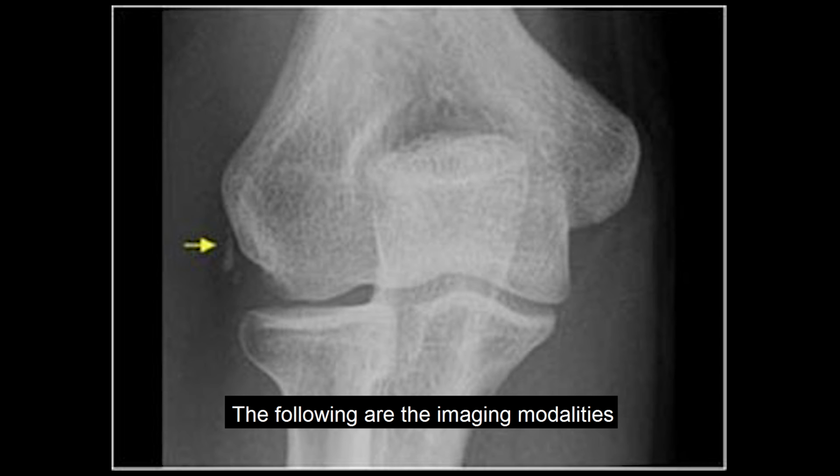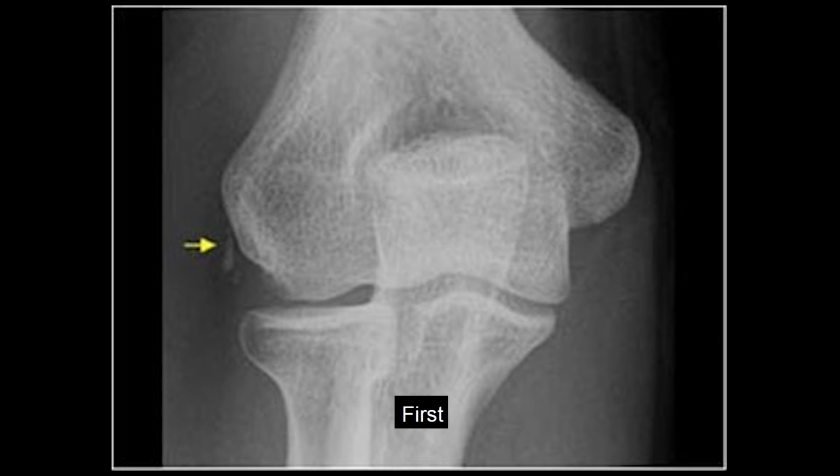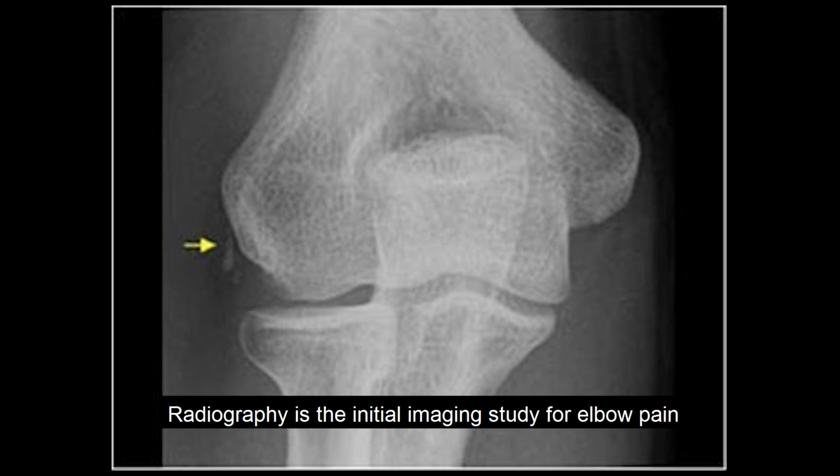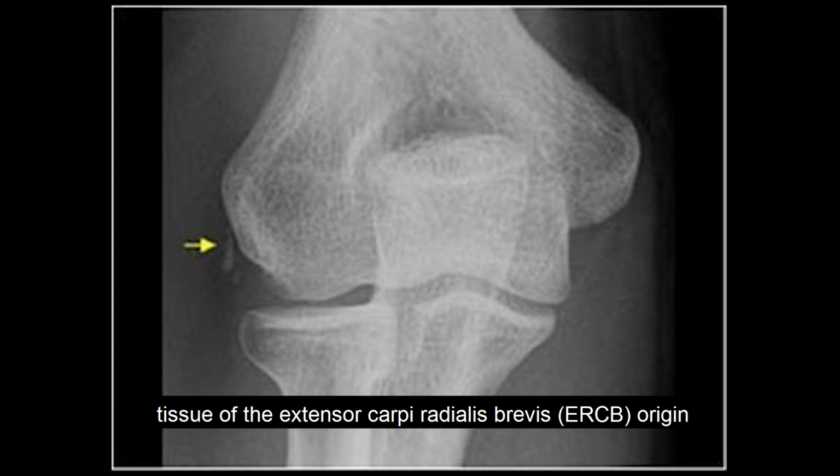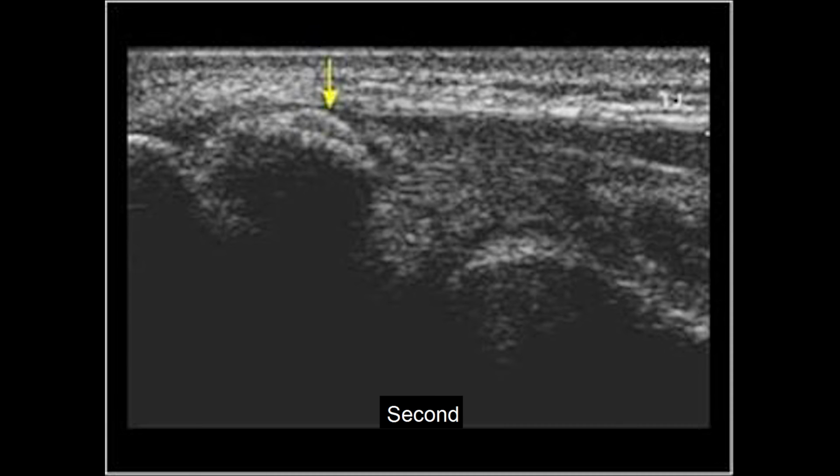The following are the imaging modalities for tennis elbow or lateral epicondylitis. First, radiography is the initial imaging study for elbow pain. Using plain radiograph, calcification in the degenerative tissue of the extensor carpi radialis brevis origin can be seen in chronic cases of lateral epicondylitis. Second,